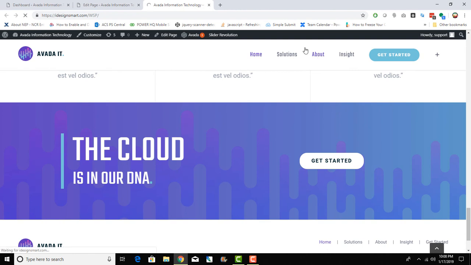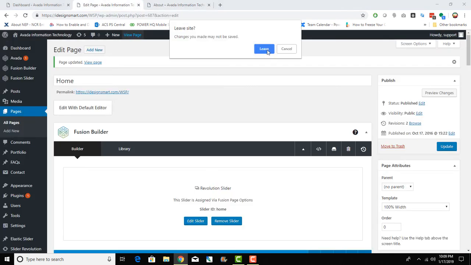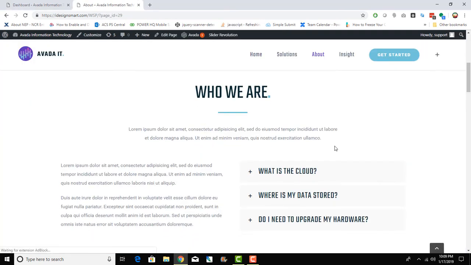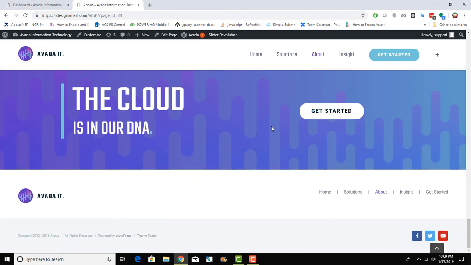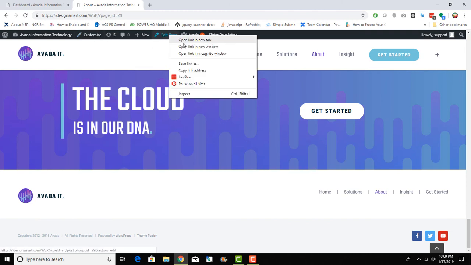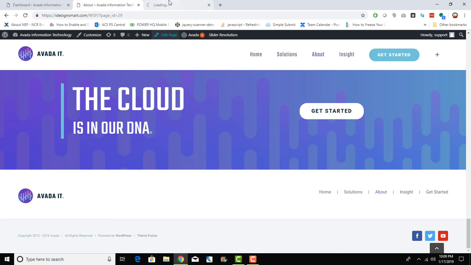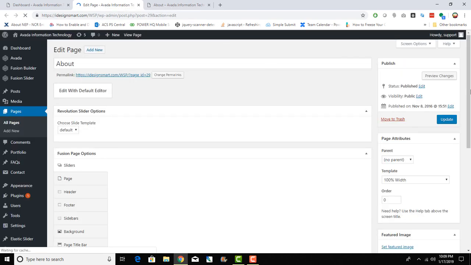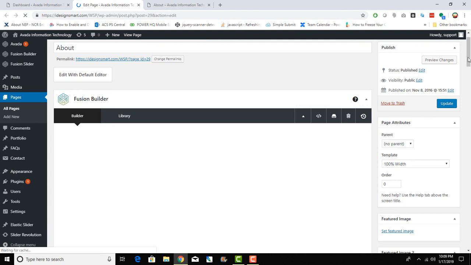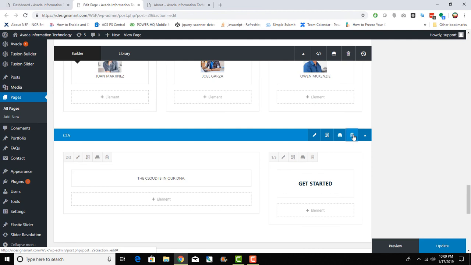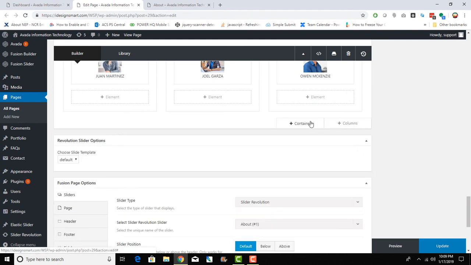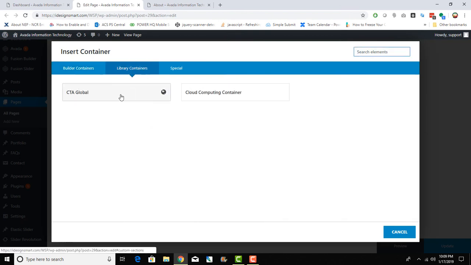So let's go to the about page. The about page looks like this currently, and let's see if they have a footer. The Cloud is our DNA is here as well. So let's say we want to replace it, delete it, and replace it with our global container. So open the link in a new tab, and we'll go down and locate where that section is. Right there. So I will just delete this container, and then we'll add a container which is our saved global